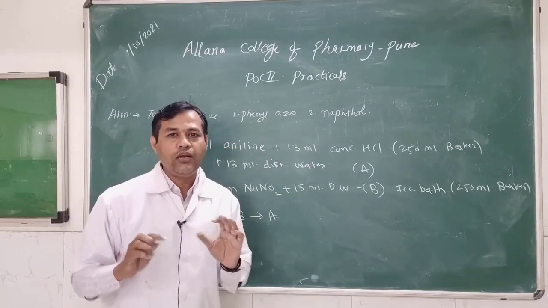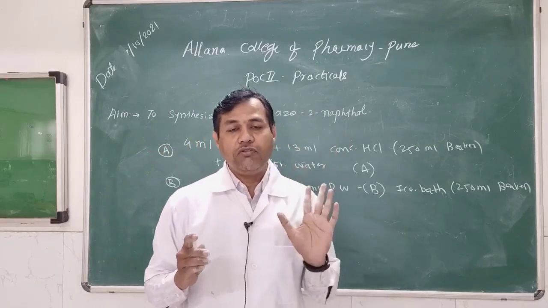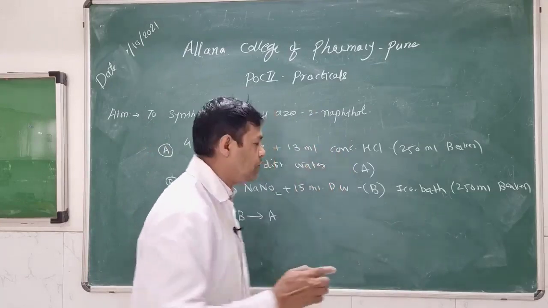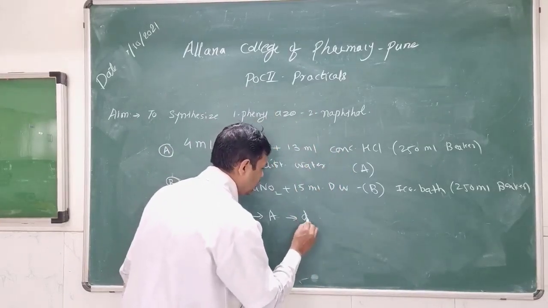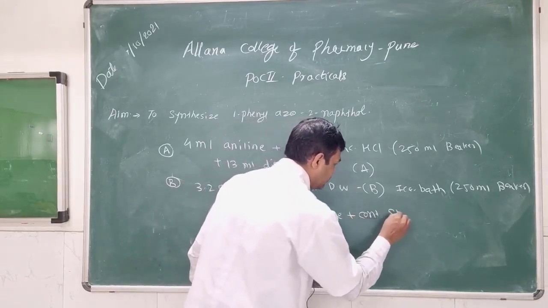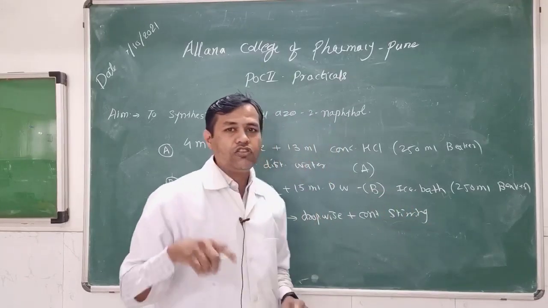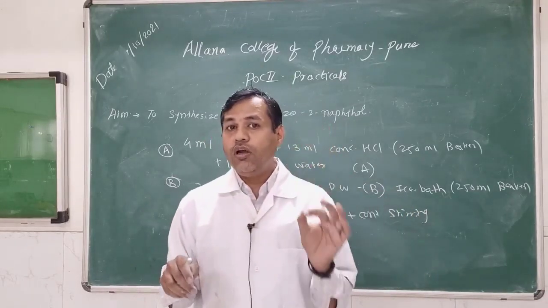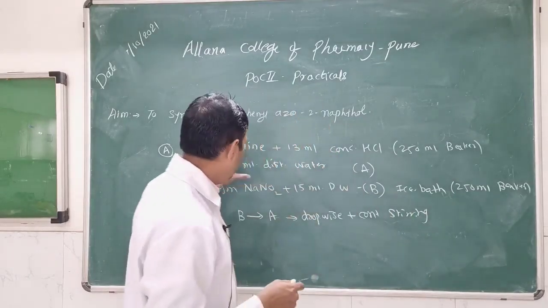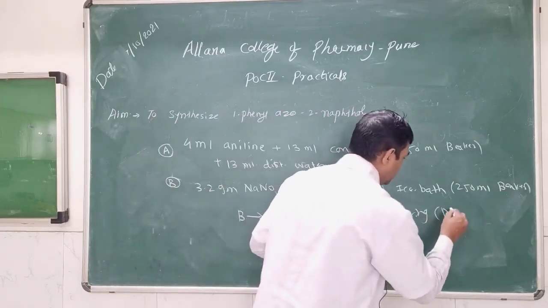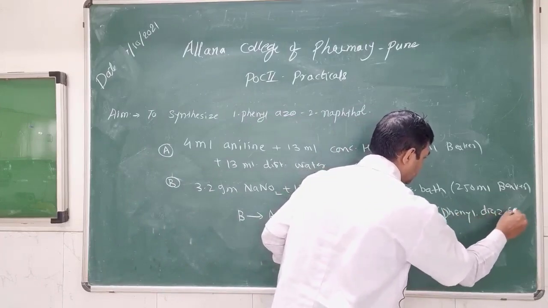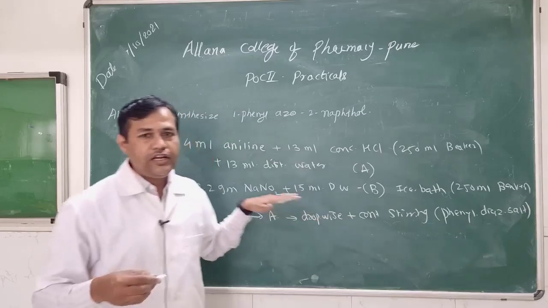So in portions, about 1 to 2 ml portions, in cold condition we have to add NaNO2 solution to the aniline solution, portion wise, drop wise, 2 to 3 ml drop wise, but with continuous, vigorous stirring. You will not add it directly, but in a cold condition, 0 to 5 degrees centigrade, maintaining the cold condition. So this will give you the phenyl diazonium salt solution. So now phenyl diazonium salt is ready.